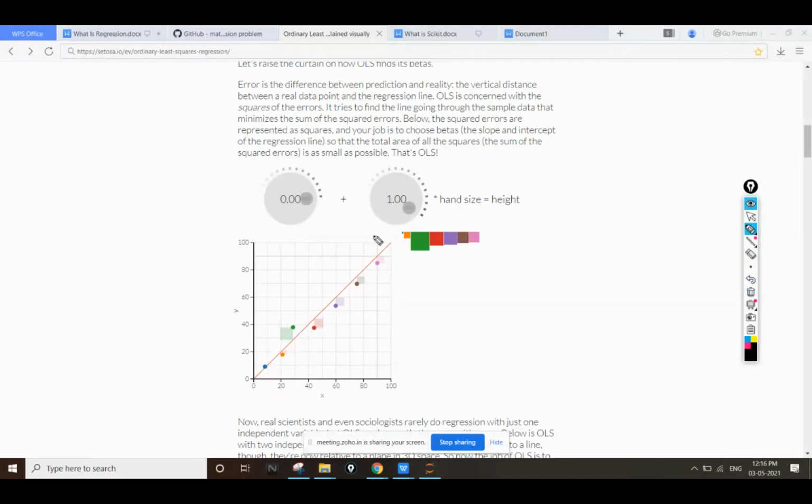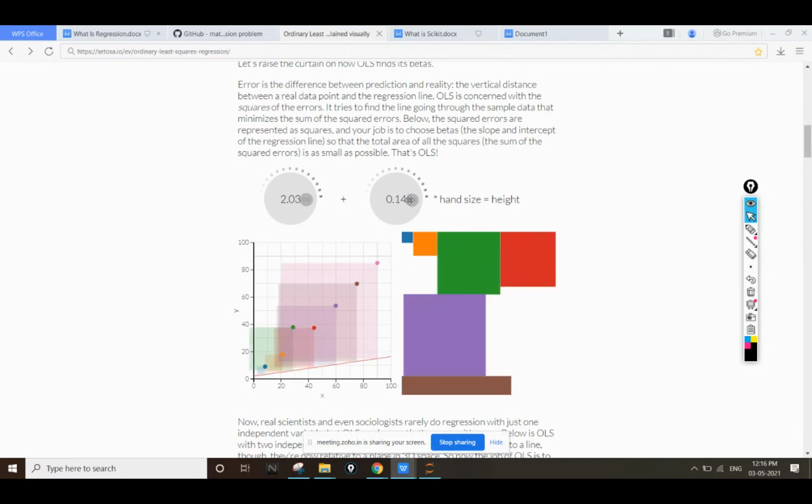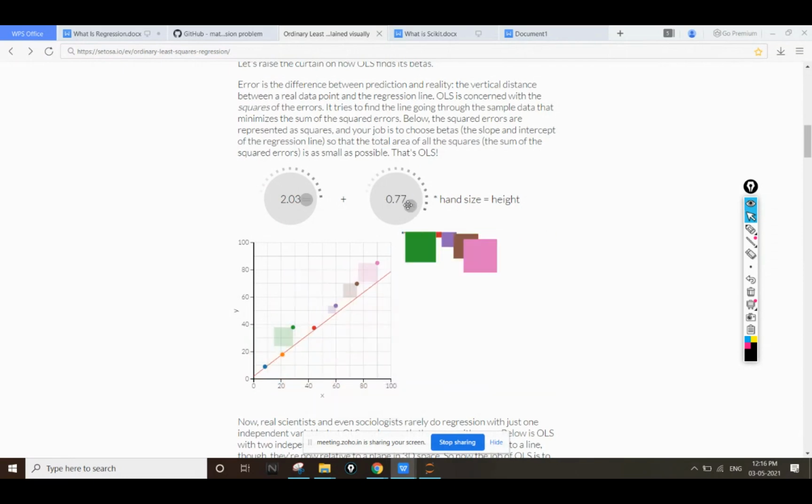Okay, so see, if I change the value of C, the error is increasing and decreasing depending on the conditions. And if I change the value of M, then also the error is increasing and decreasing.